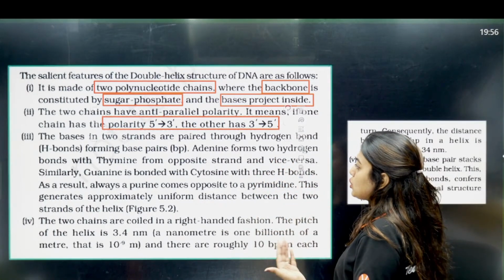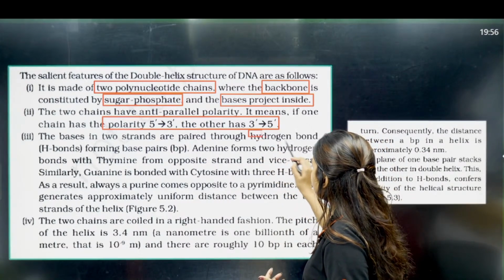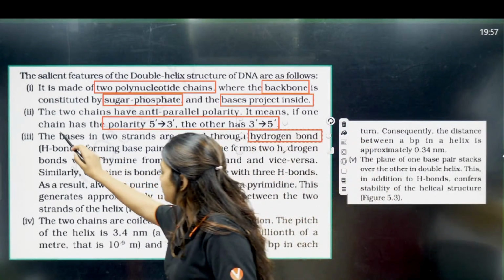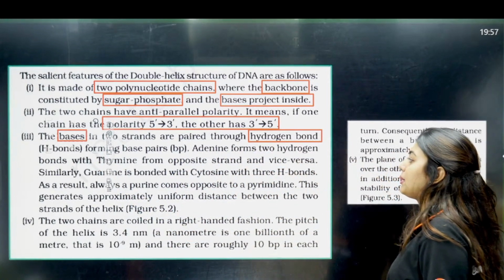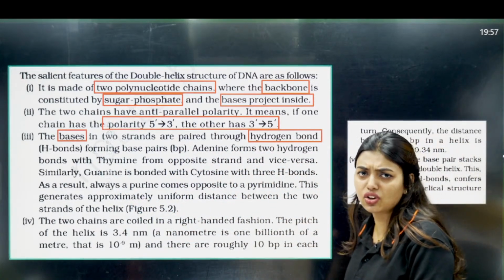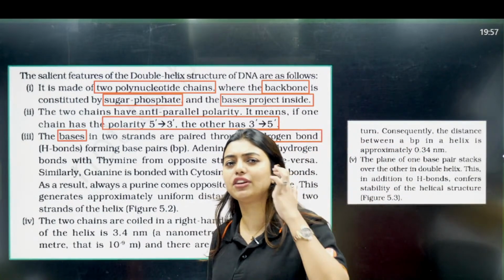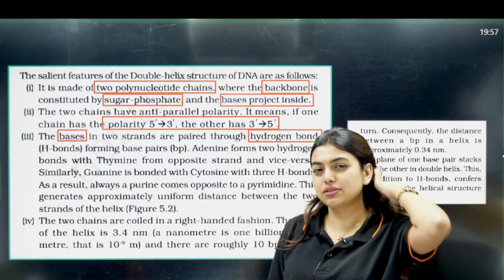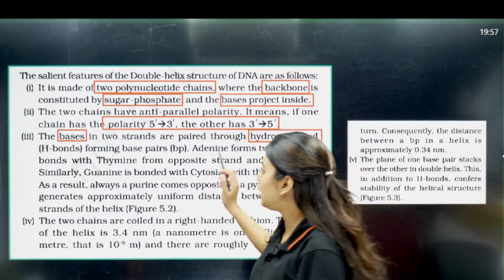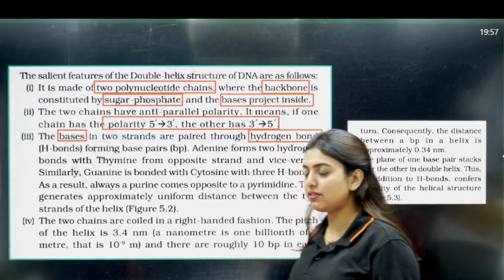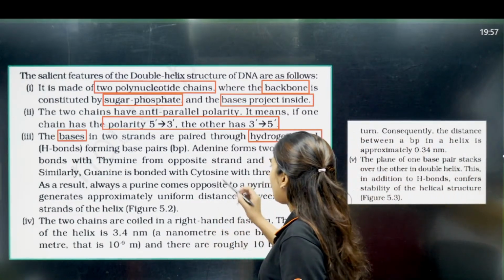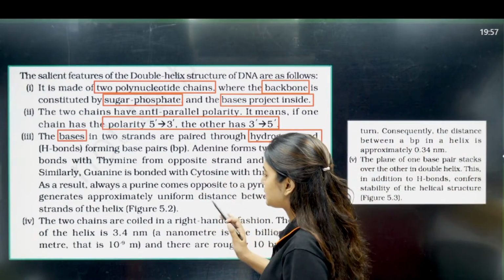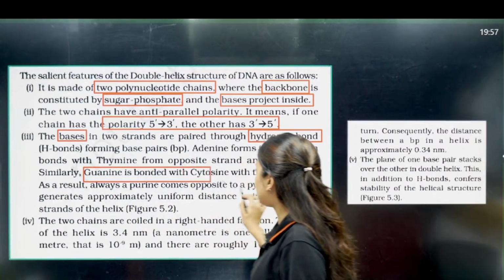The bases in the two strands are paired through hydrogen bonds, forming base pairs. So, we can call them pairs. Like if a marriage happened, we call them a couple, pairs we tell them, no? Like that only. Here bonding has happened, so obviously we call them base pairs. Adenine forms two hydrogen bonds with thymine from the opposite strand and vice versa,